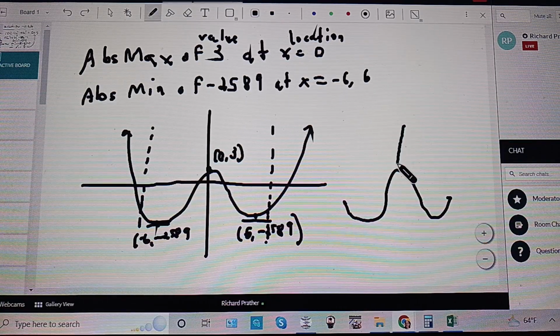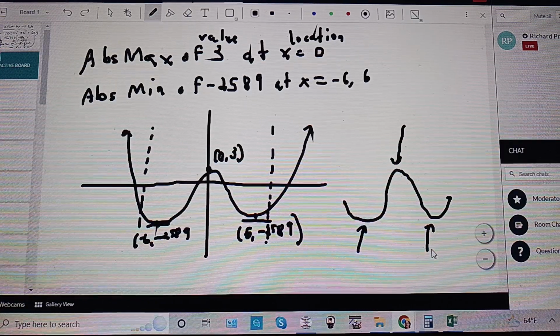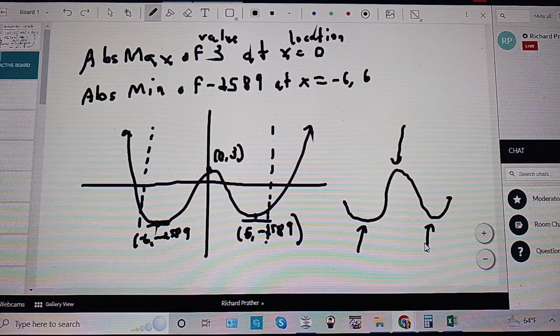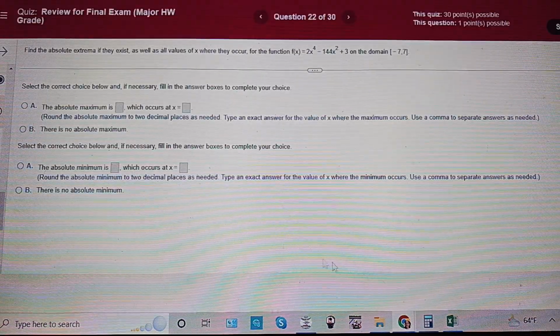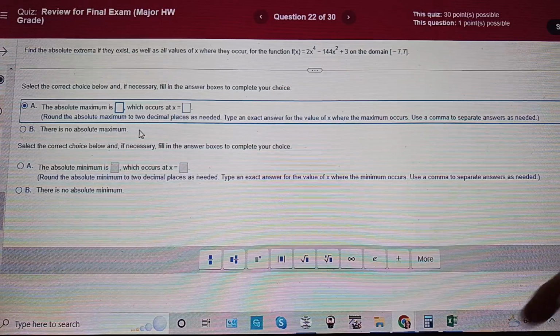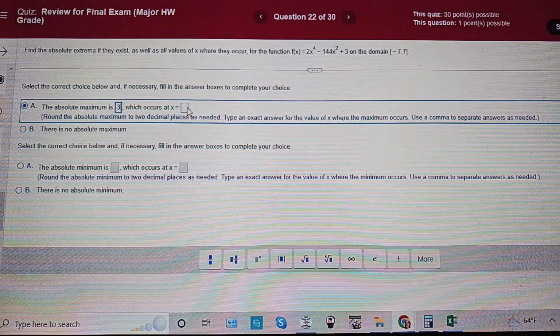So this is the highest point anywhere in the graph that I care about, and these two are tied for the lowest of any spot on the graph that I care about. They're actually also the lowest of any spot on the entire graph. But that doesn't matter here, so there is an absolute maximum of 3 at x equals 0, and the absolute minimum was